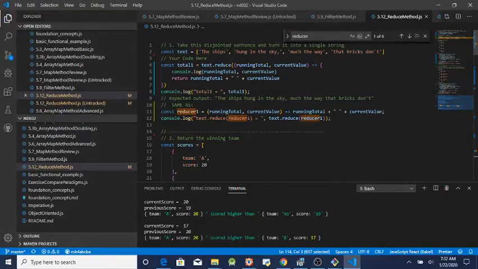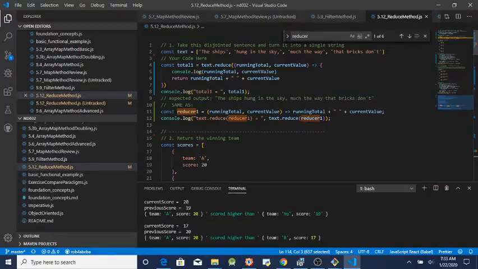And the second way, just like number 4 had 2 ways, I did number 1 in 2 ways. And again, I used the number 4 solution as a template. I just changed it to reducer 1 so it doesn't conflict. And I still have running total, current value. But in this one, I defined a separate line for defining the reducer. Instead of running it all together, like this one, I do 2 steps. I define this part: running total, current value, arrow function,